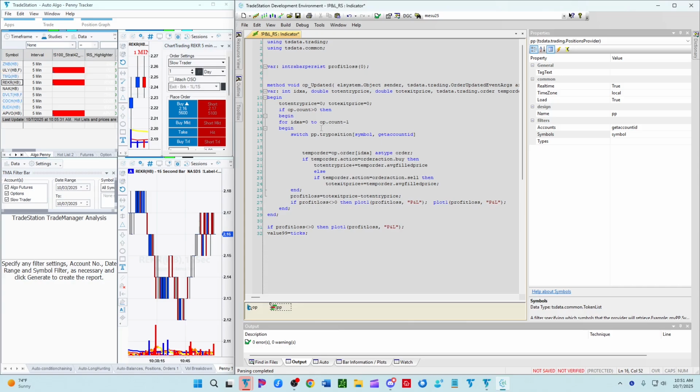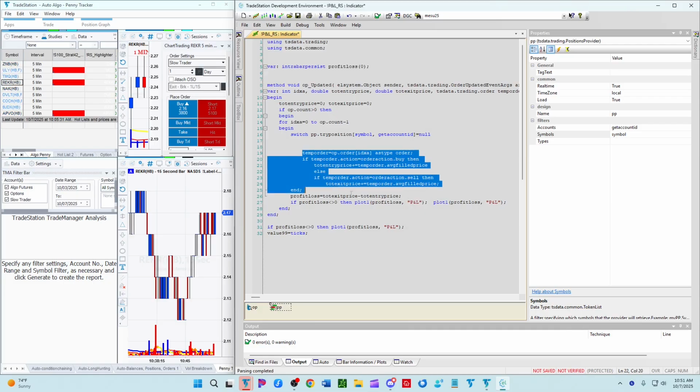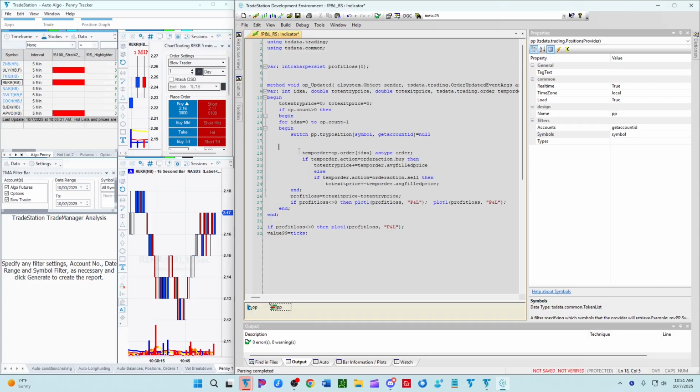If we have a position on, then... if we don't have a position on, then we're going to go through this route here. So if we don't have a position on, if it's false, so